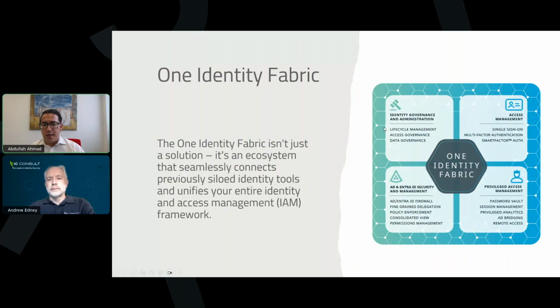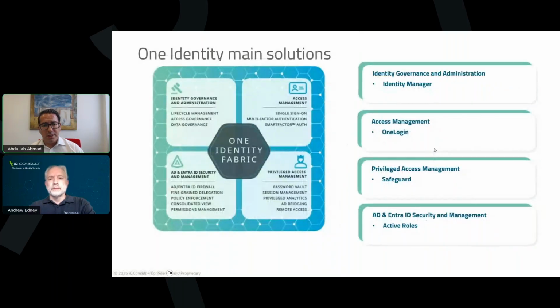We have the identity governance pillar, we have access management, we have Active Directory and Entra ID management, and of course the privileged access part. Here you can see the different products or solutions from our side within all those pillars: we have Identity Manager, we have One Login for the access management, we have Safeguard within the PAM, and of course Active Roles within the AD and Entra ID security management.